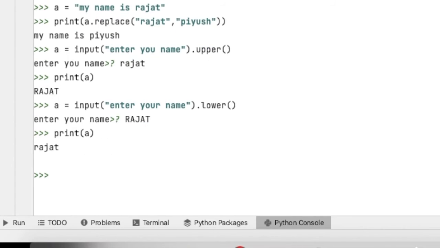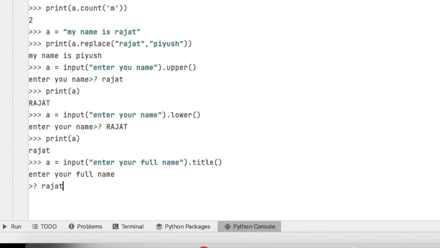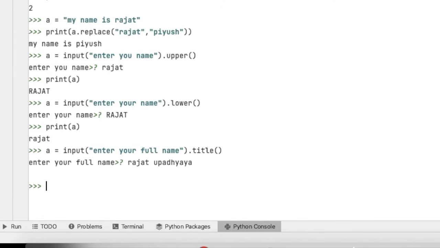Like this, another function is title, which is basically used like, suppose I'm taking here input, enter your full name, title, Padhyay.